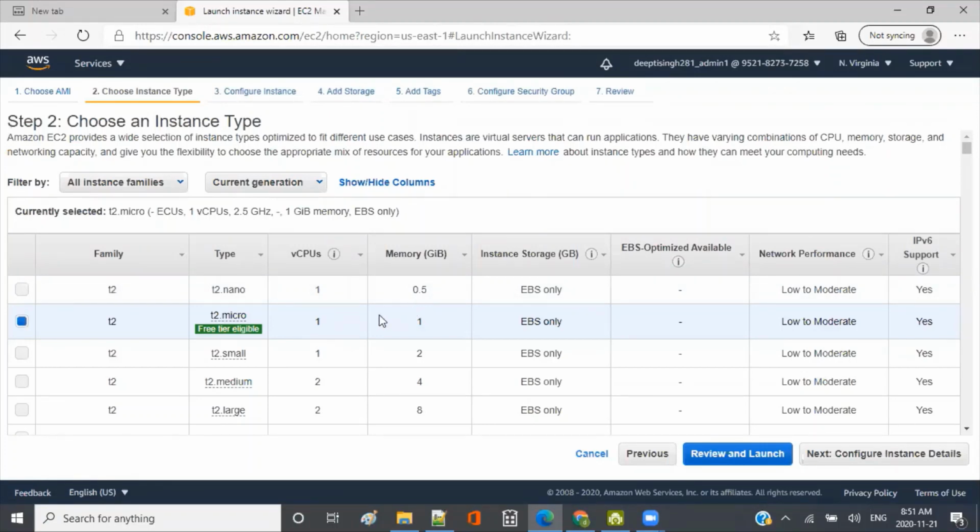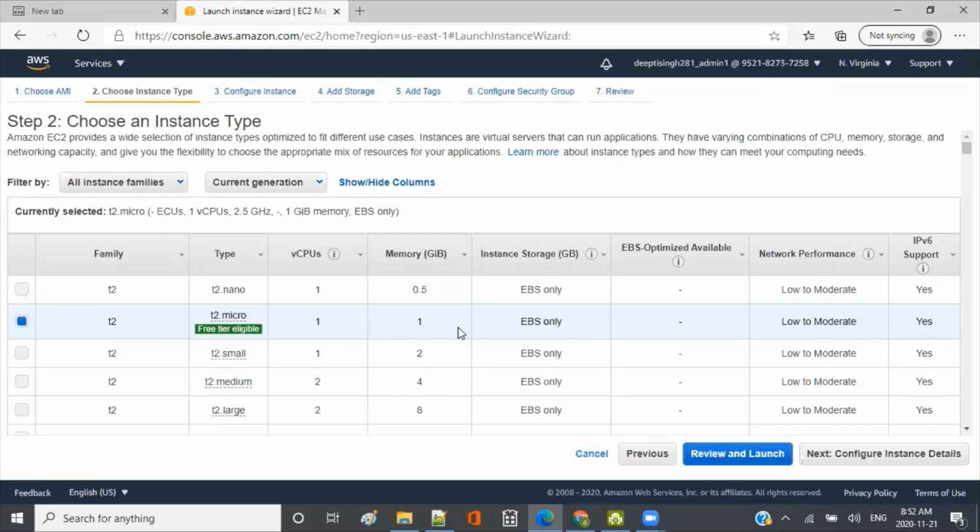So here I want to take, you see here T2 micro, it is okay, but the memory is just 1 gig, right? So be careful, because if you have some heavy loads running, it may not work. For example, I currently have one web application running in production, and I'm using a T2 micro, but there's no load because it's just running there.